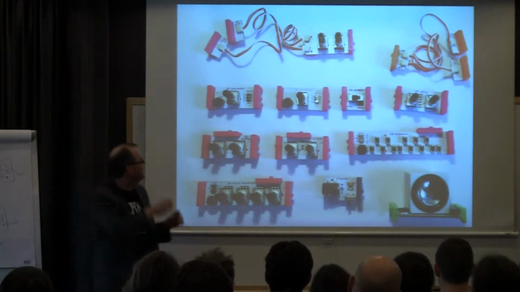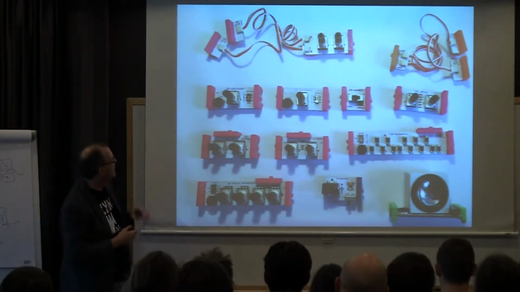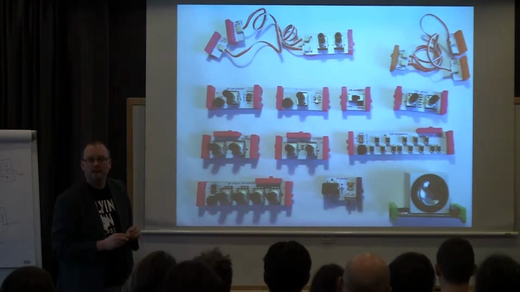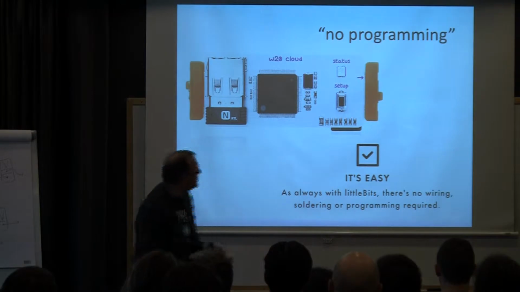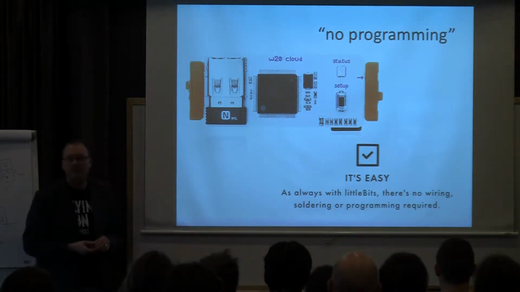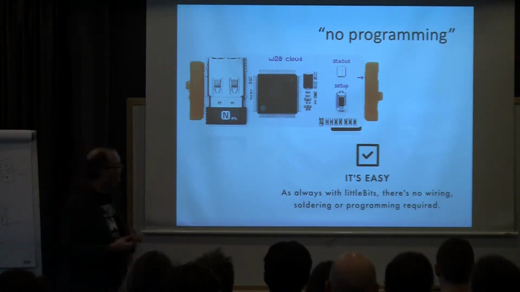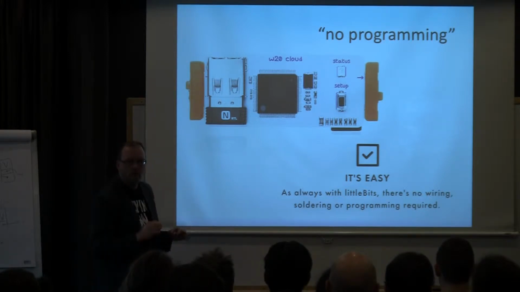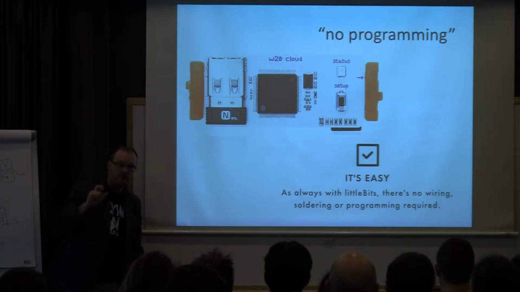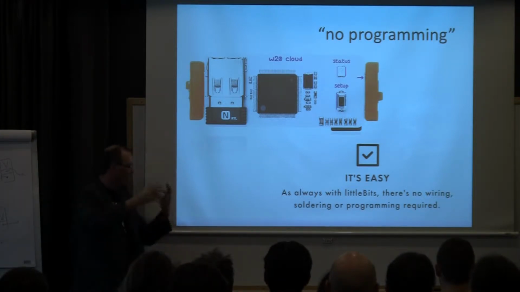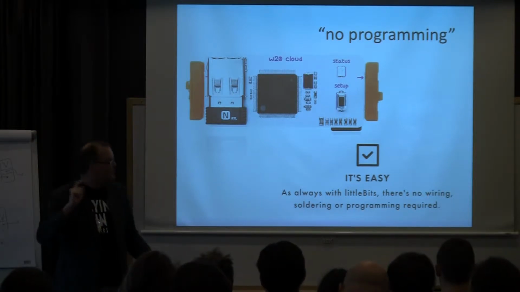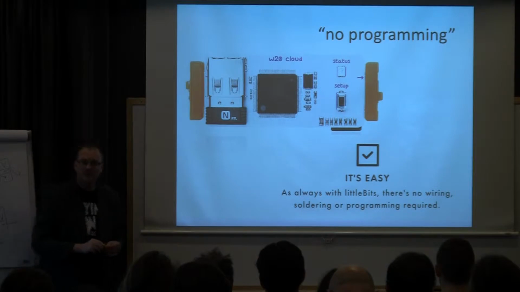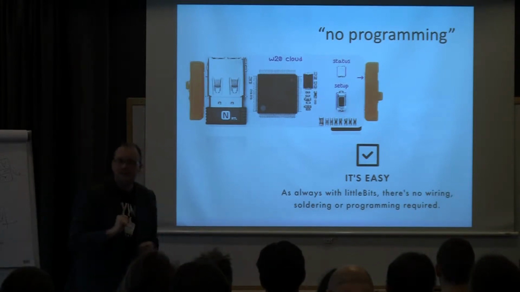It's like $120 US for something like this kit, and you don't have very many bits in it. And in fact, the one I showed previously here is their new cloud bit. The idea is it's all really, really simple. You can plug this into another littleBit, and you get precisely 8 bits of output, for example, a number between 0 and 255 on a web page. And you get 8 bits of input that you can use to control the brightness of a light.